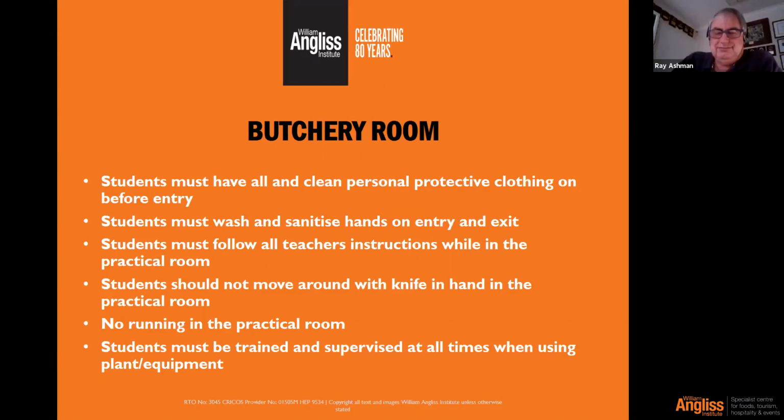Right. In regards to the butchering room, because Peter was talking about how the industry is highly regulated, when we move into the butchering room, because we fall under those regulations, there are a number of things that need to be followed. They're all about hygiene and sanitation. They're all about protecting you, the person, as well as our customers who are buying various different types of meat. So this is where we have our personal protective clothing that Peter was just talking about,